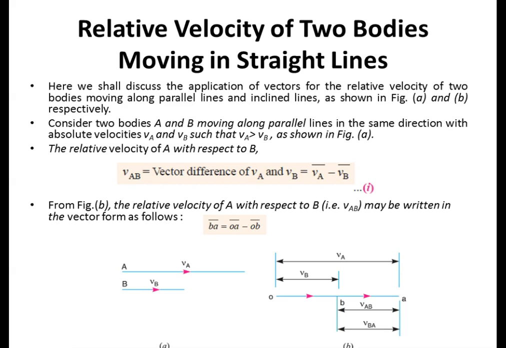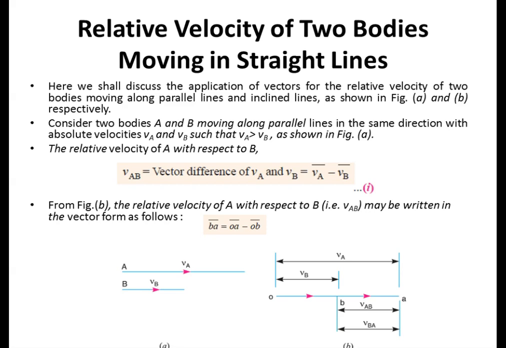So when velocity is represented for any body, the length shows the velocity value. From the length of that velocity VA, you can understand that VA is greater than VB. If you are giving some value for any velocity, that can be represented by the measurement. Same thing we are going to do in the relative velocity method. You have to get some values for that, so you can take any scale and draw that value.